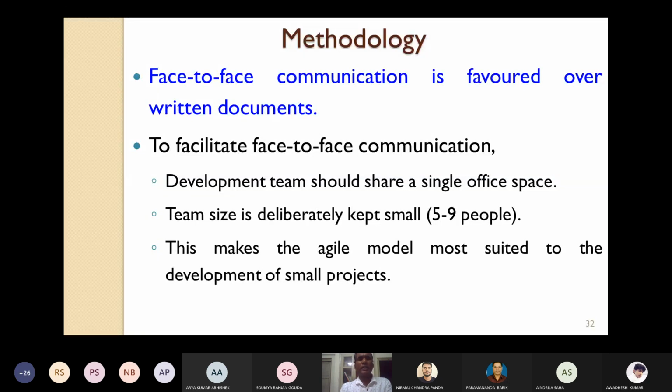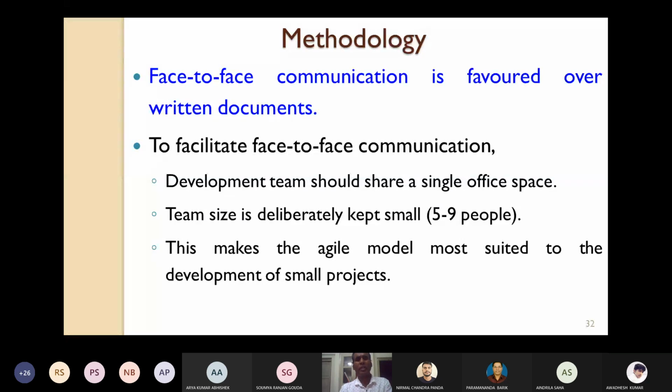If the team size is small, this makes the Agile model most suited to the development of small projects, because even if there are larger requirements, you divide them into smaller requirements. Now the team size is also small, within 5 to 10. This makes the Agile model most suited to the development of small projects.